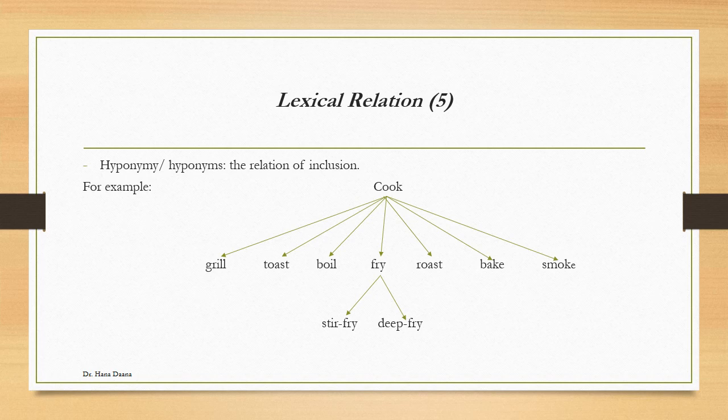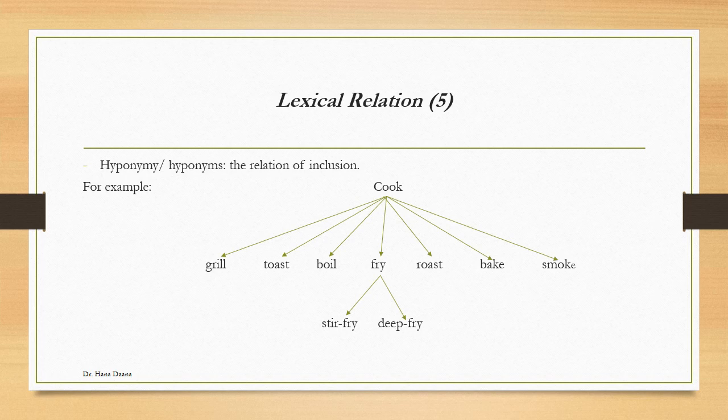The vertical relation is called hyponymy. Grill is a hyponym of cook. Toast is a hyponym of cook. Boil is a third hyponym of cook, and so on and so forth. Now, if we are to discuss the relation that goes horizontally, that is,